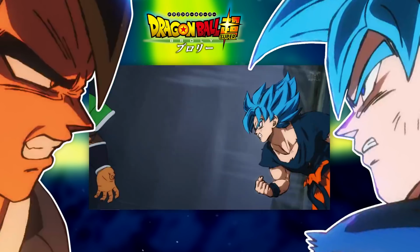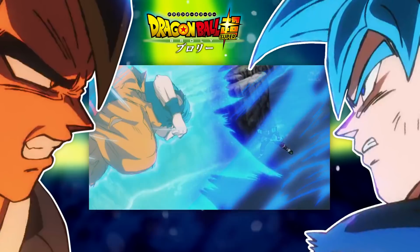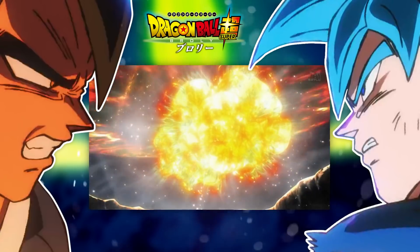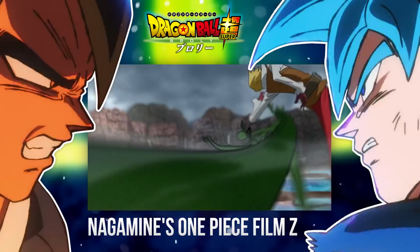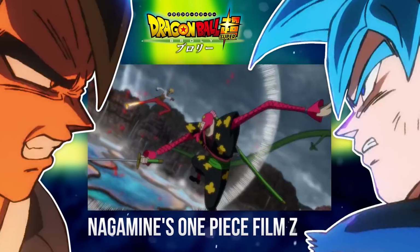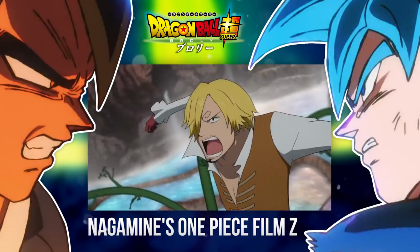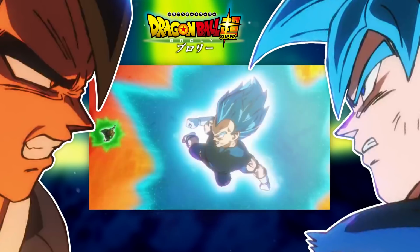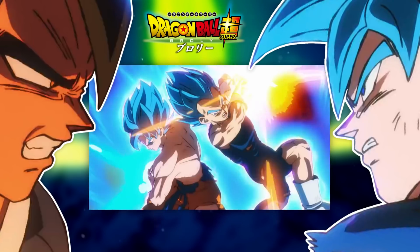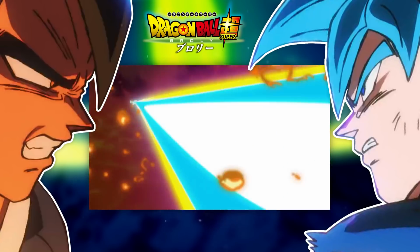It doesn't really use 2D animation techniques, instead opting to just lower the frame rate, which is a very common approach in anime CG. Likewise, it's being used in sections that to me don't justify CG. One of the main reasons to use it is for hugely complex scenes with crazy camera work. We see that with Broly chasing Goku and Vegeta, that's fine, I think that looks okay, but then we've got this mostly still sequence of them charging up and launching an attack, and that's also CG, and I don't think